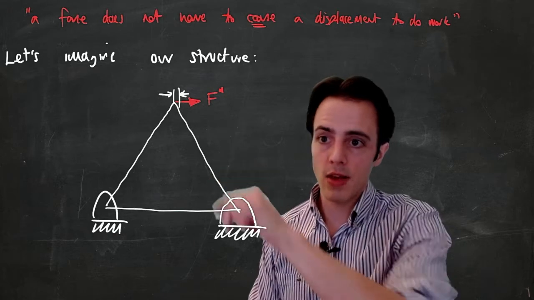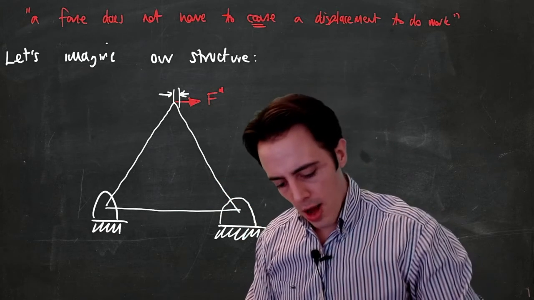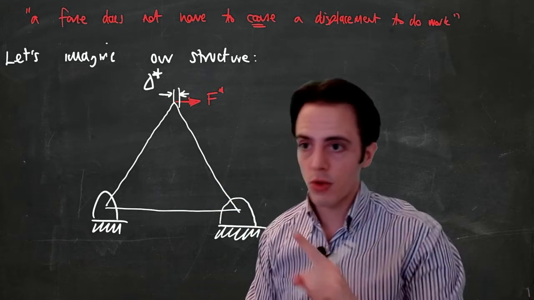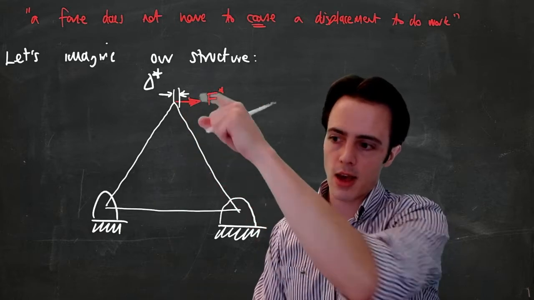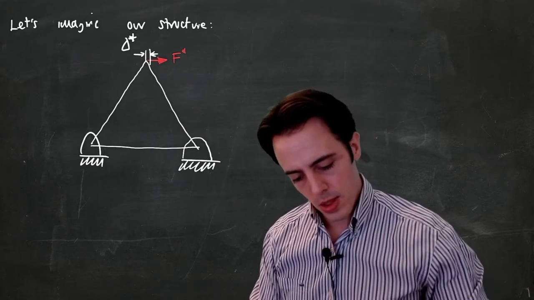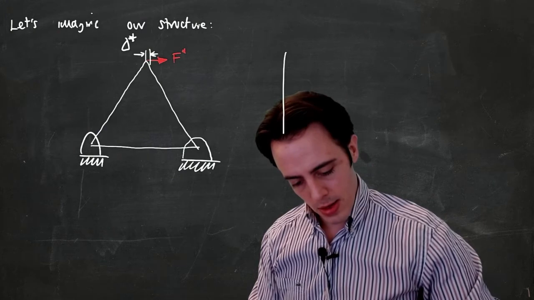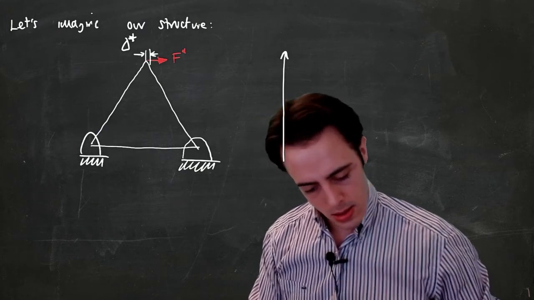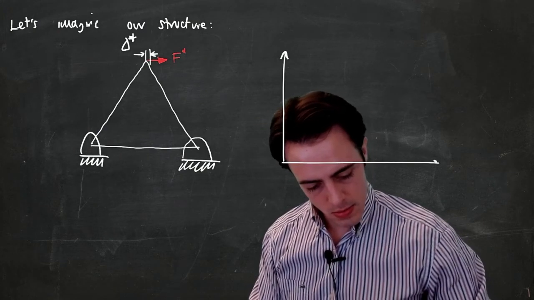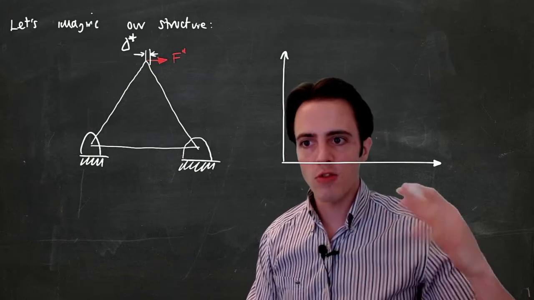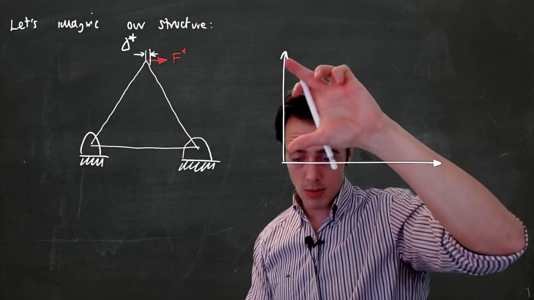And we can say this associated tiny virtual displacement is delta asterisk as well. So let's think about what that looks like. If I draw a graph of my displacement and my applied force,